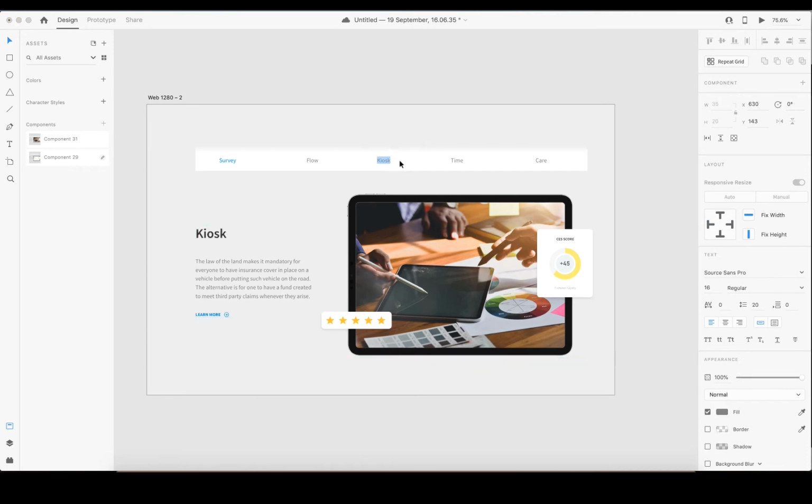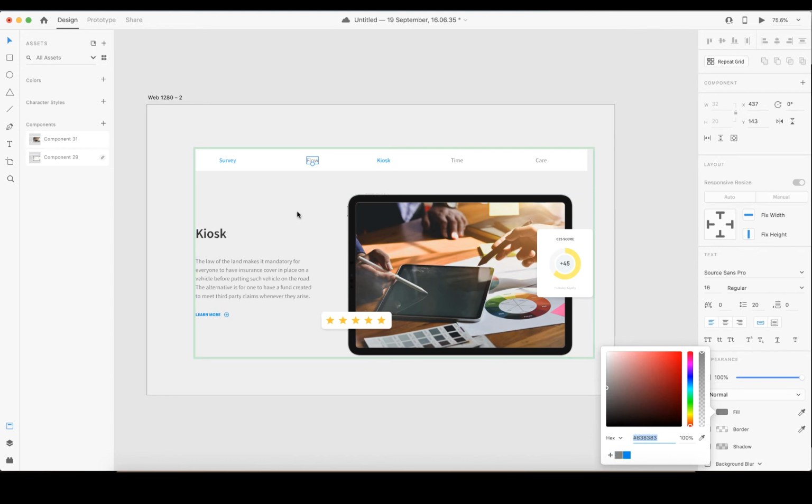Make sure kiosk is blue color, I guess. Let me add this. Okay, so take this one back to a default color.